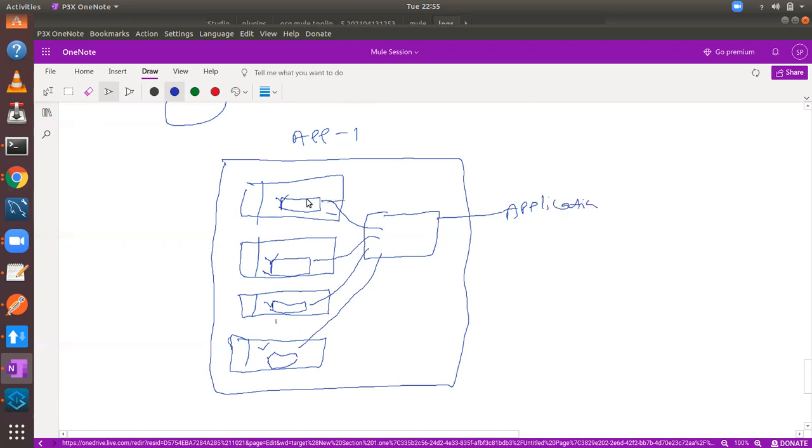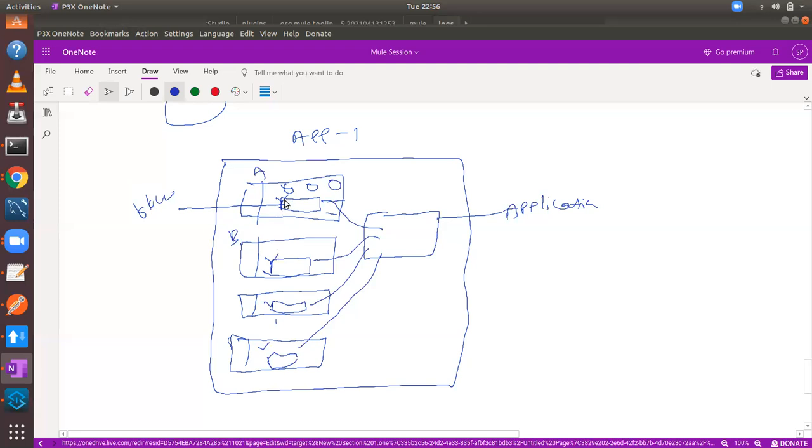When the error handler is restricted to that flow, meaning it handles only that flow's errors, this is called a flow scope error handler. The scope of this error handler is only this flow. It is not available in other flows. So for flow A and flow B, the flow A error handler is not available in flow B. Flow B has its own error handler.